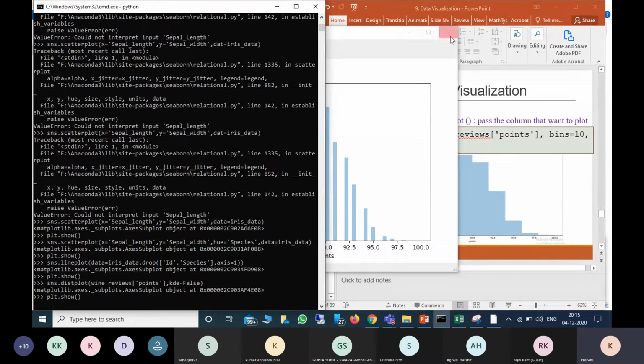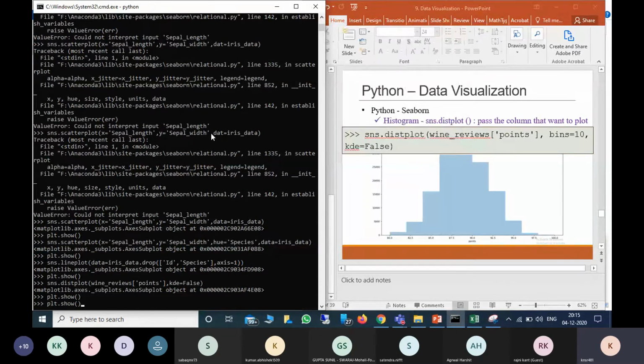So here I'm setting KDE is true. And also here I'm giving bins equal to 20.